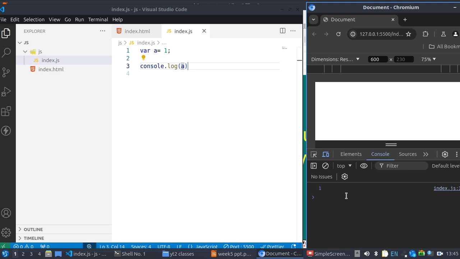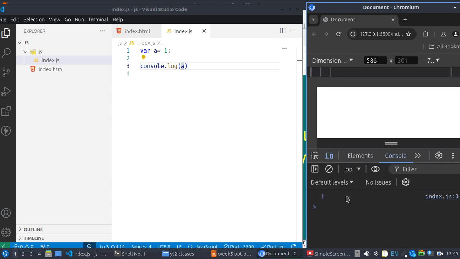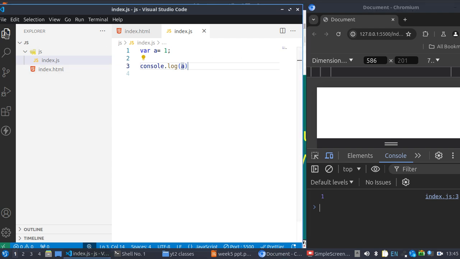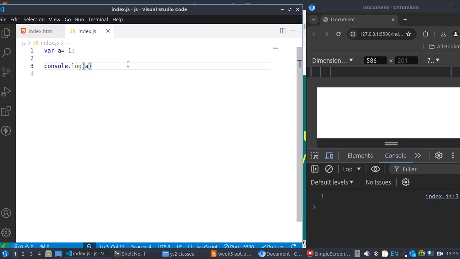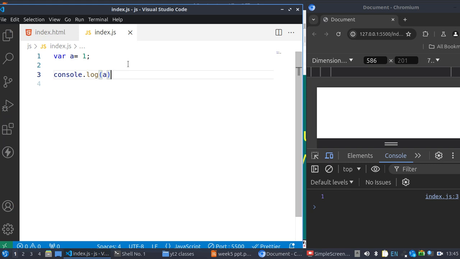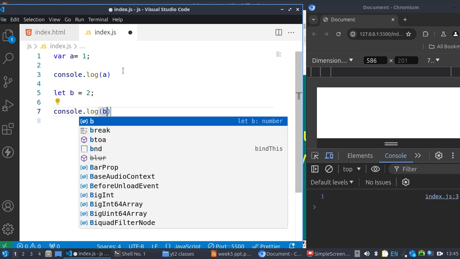So let me zoom this a little. Good. So I think I need to zoom this a little. Good. So now we have that. So let's declare another one using the let. So let b be equal to 2. So again, I do my console.log b. So you notice,